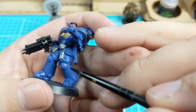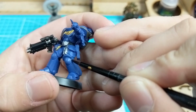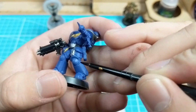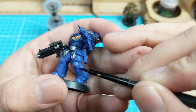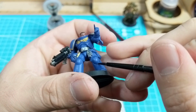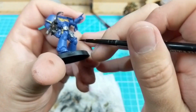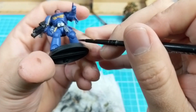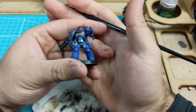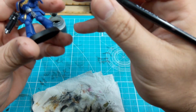We're going to take our brush, it's got no oil on it, and we're just going to run it into the recesses. It's not really coming up too hard on the camera, but I'm just going to do that. And under the knee, keep going round, and you can see even from a distance that detail's starting to pop out even more. And that's all we're going to do. Just going to go around the model,